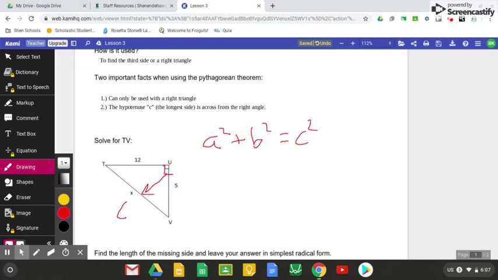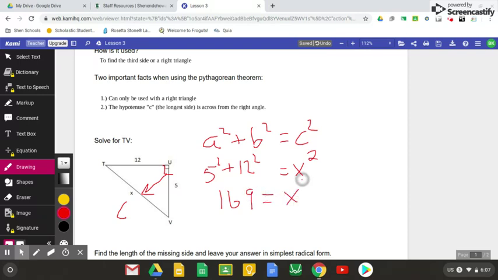All right, so we know our c is the x squared. But what's a and b? Well, it does not matter. A can be 12 or it could be 5. Your choice. So I got 5 squared plus 12 squared equals x squared. So then I do 5 squared, add it to 12 squared. I get 169